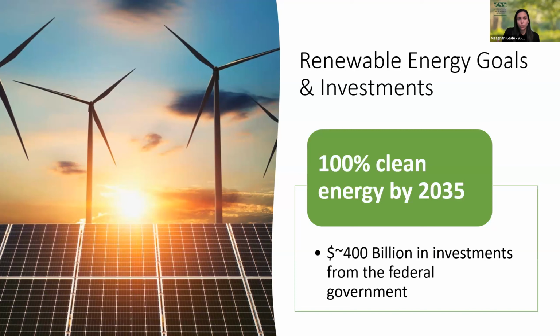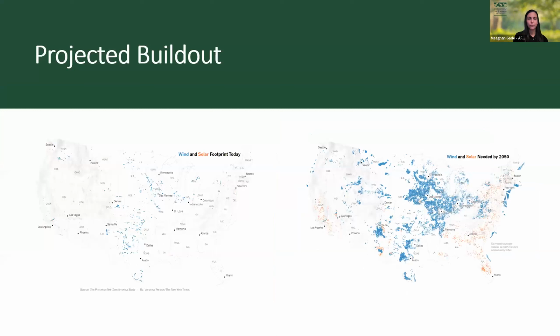And so, again, we have the ability, we have the technologies, the government is giving us a whole lot of encouragement to do this, it's giving us financial incentives to do this. I mean, what would this even look like on the landscape if we were to actually get to that 100% clean energy by 2035? So there's been a lot of studies to show what that projected build out would look like.